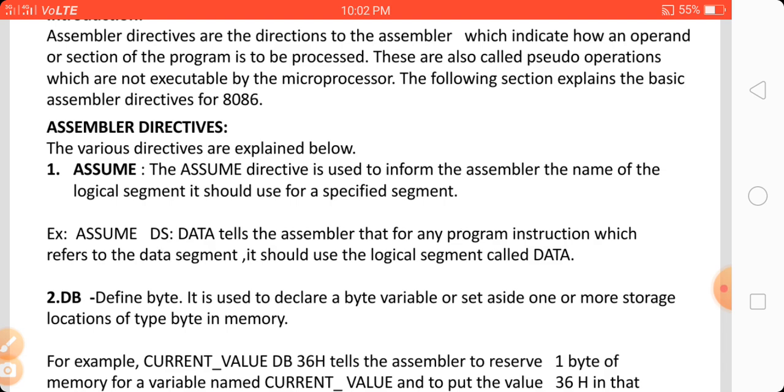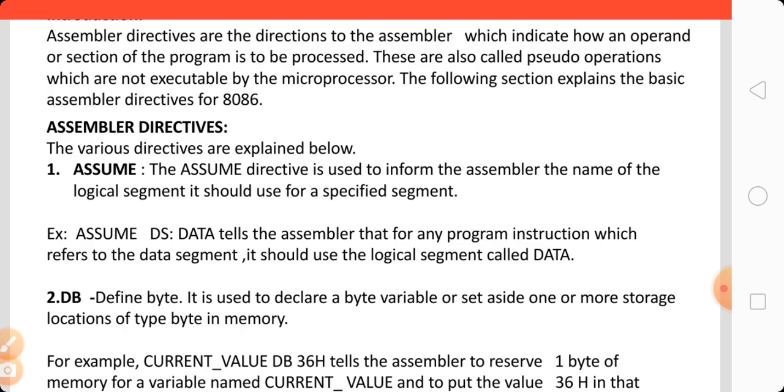First is the assume directive. The assume directive is used to inform the assembler of the name of the logical segment it should use for a specified segment.